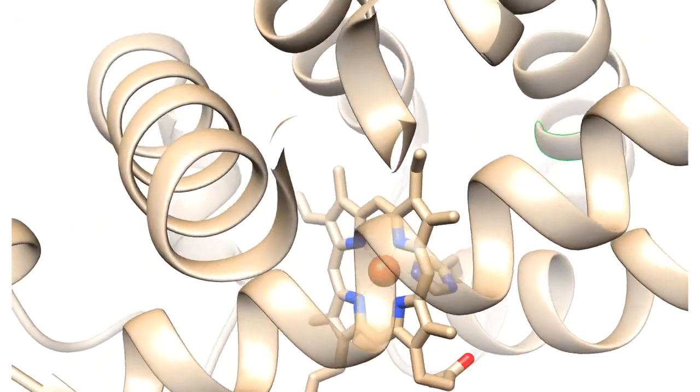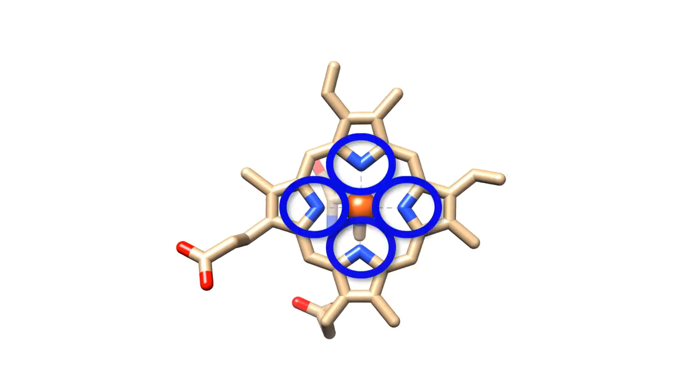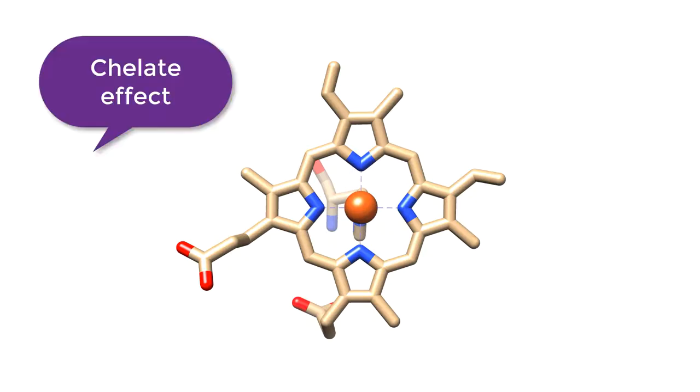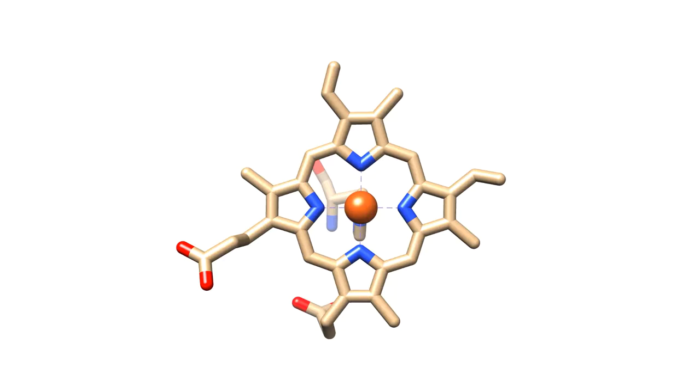Heme is a polydentate structure made up of a large aromatic porphyrin ring with 4 pyrrole nitrogens and a ferrous or iron 2 ion at the center. The affinity for iron 2 as the metal center in this complex can be explained by the chelate effect and hard-soft acid-base theory. The chelate effect refers to a multidentate ligand having an increased affinity for a metal ion in